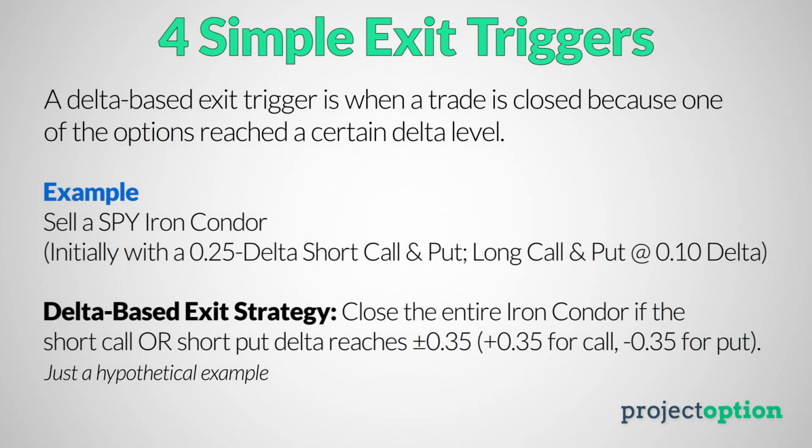For example, since I started with deltas at the 0.25 and negative 0.25 levels, one of my exit strategies could be to close the iron condor if the short call delta increased to 0.35 or if the short put delta fell to negative 0.35. In both cases, the change in the option's delta from 0.25 to 0.35 indicates that the market has moved against one of my spreads, and based on whatever delta you choose, my strategy would be to close the entire trade if that delta level was hit, and by doing so, I could re-enter the trade using